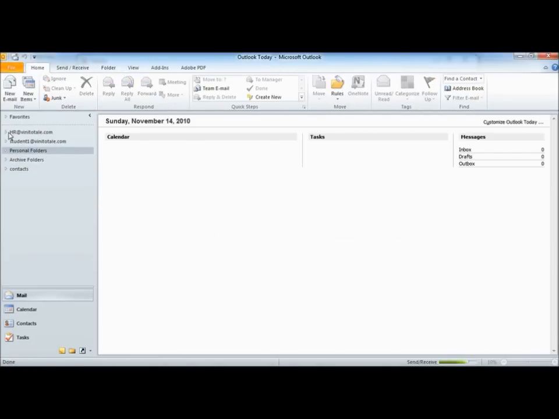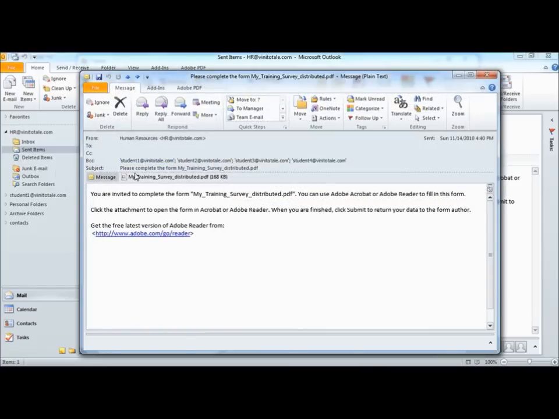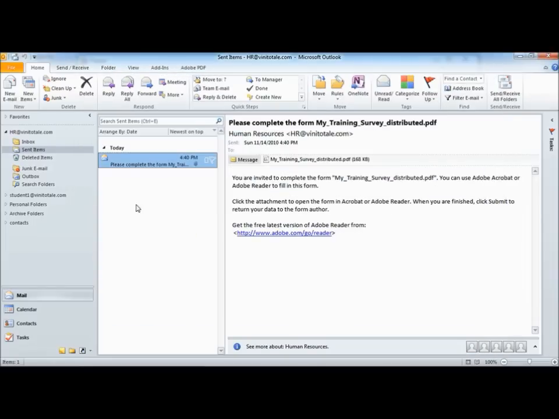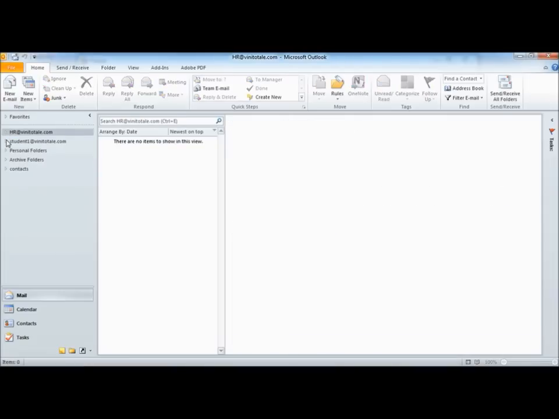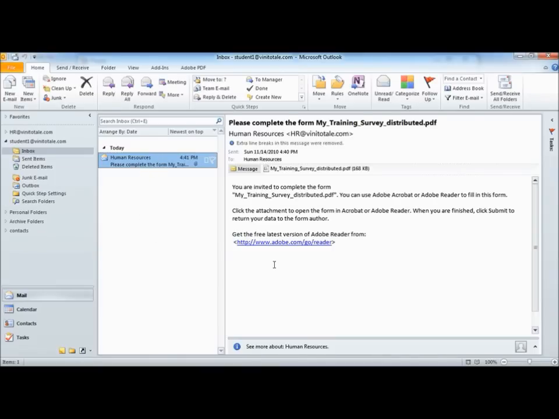Depending on how fast your email app is, you'll see that the survey has already been sent out. I've also set up Outlook to receive the email for one of my generic form recipients. Later we'll show you how a user would open the file and send back their responses. Although this method doesn't offer all the automation and capabilities of Acrobat.com, all in all, it sure beats sending out